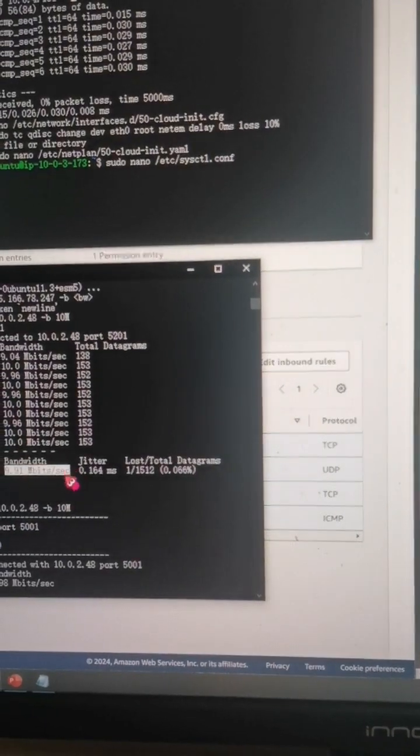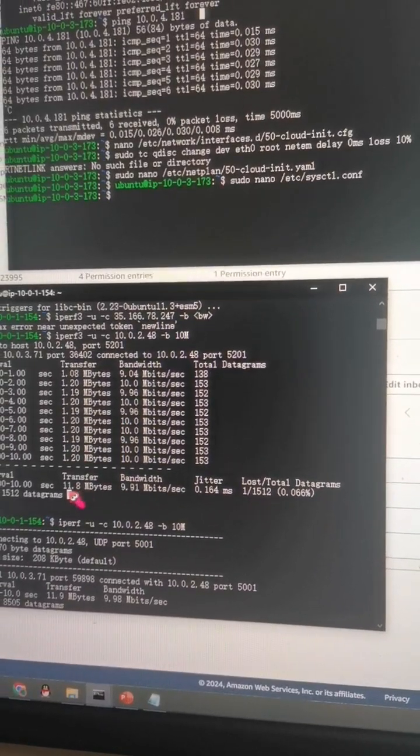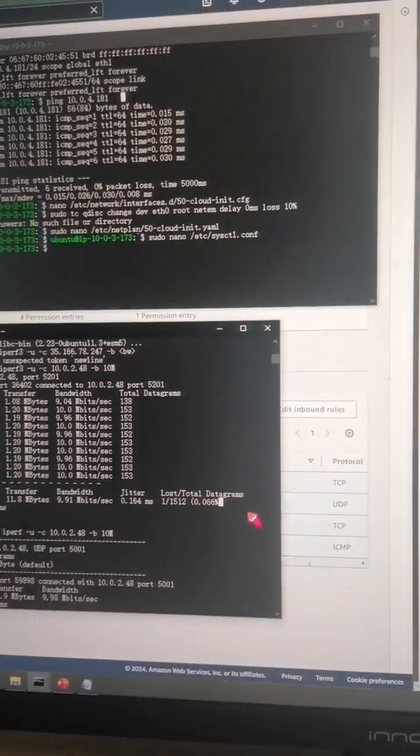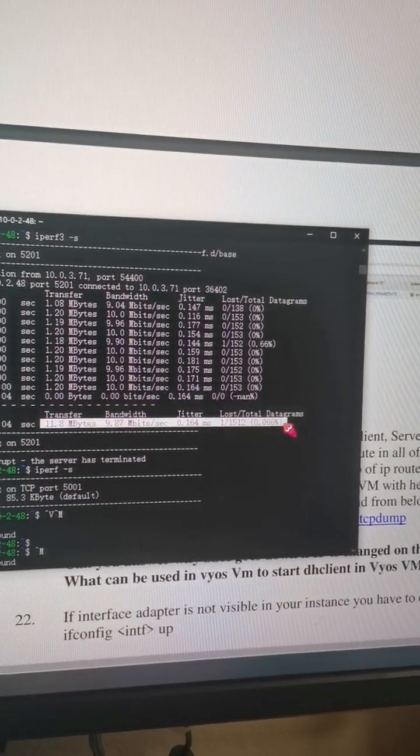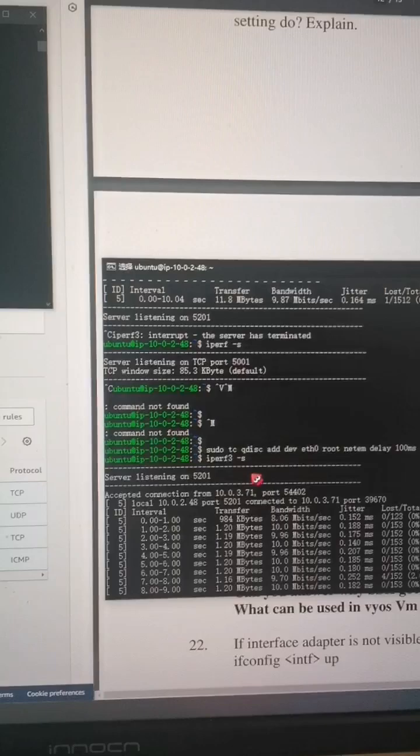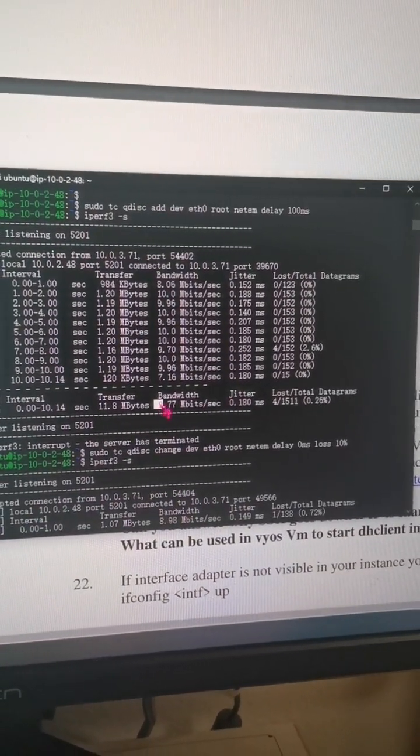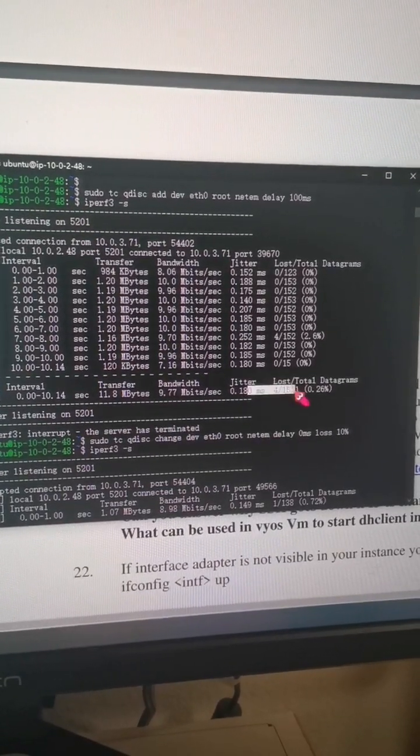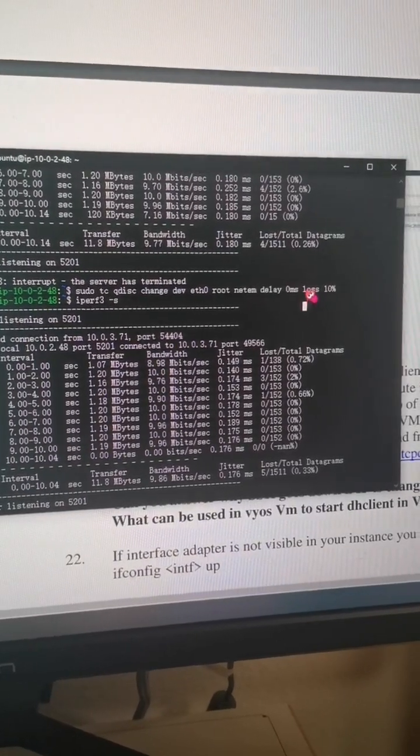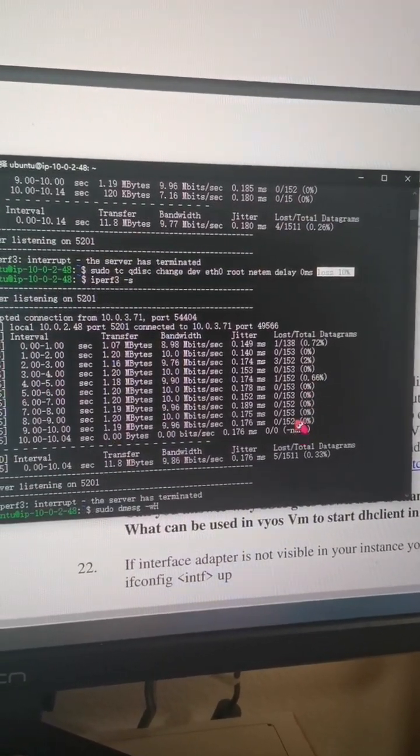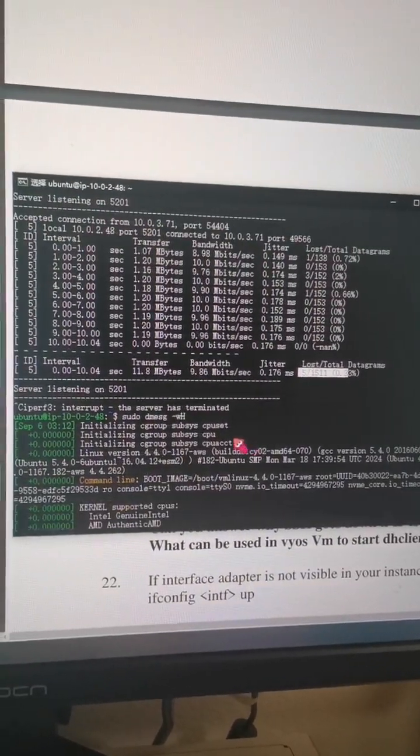The bandwidth is close to the set 10 megabits per second, with transfer, jitter and loss, and this indicates a rather good network environment. And we set the delay to 100 ms, and we can see the bandwidth decrease and the loss and jitter increase. And we set delay 0 and loss 10%, and we can see the jitter increased, loss increased, and